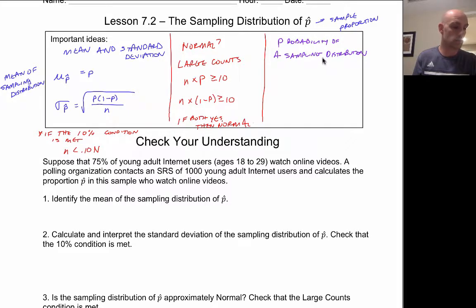If the sampling distribution is approximately normal,